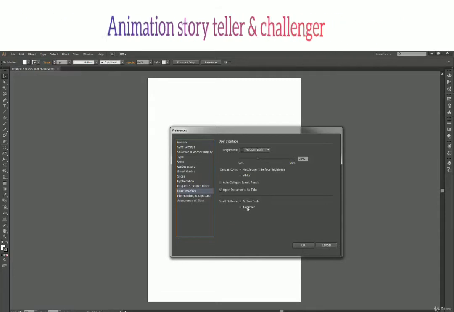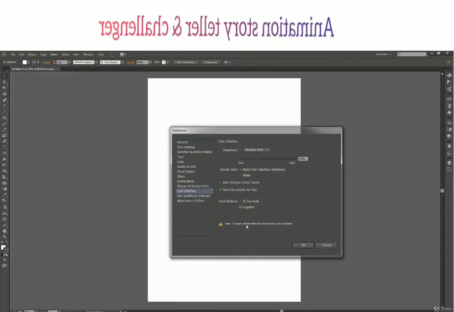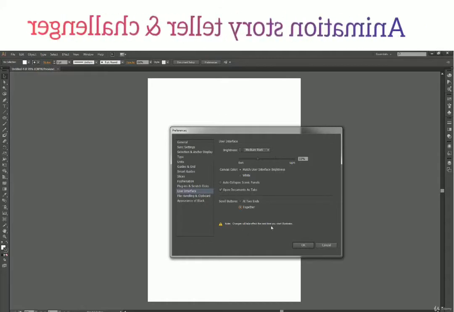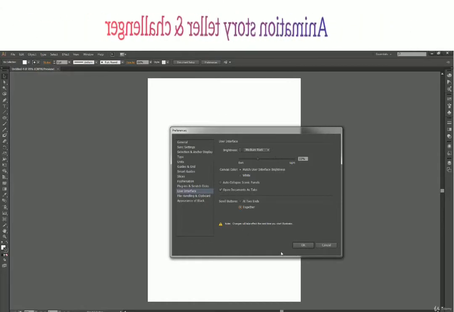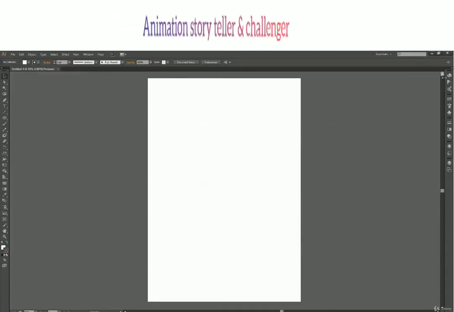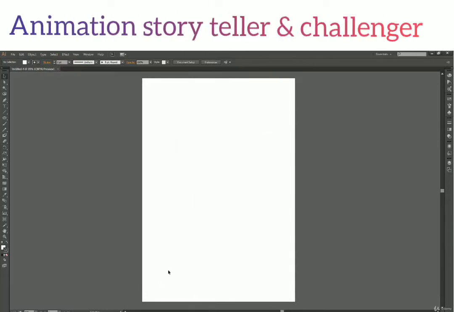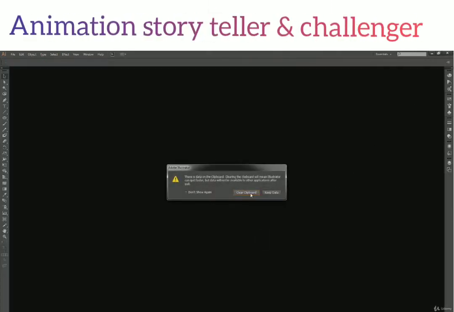If we switch it to together, that says changes will take effect the next time you start Illustrator. So we have to restart Illustrator for that. So just note that we have our scroll buttons over here, and let's quickly restart the Illustrator and we'll see what all changes do we get.